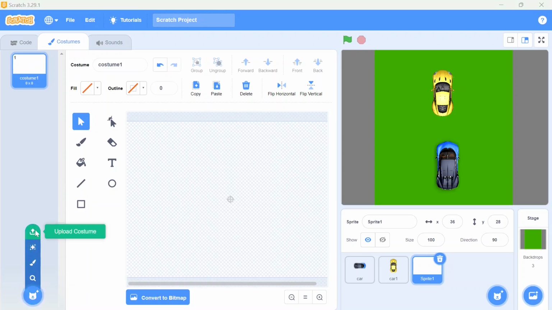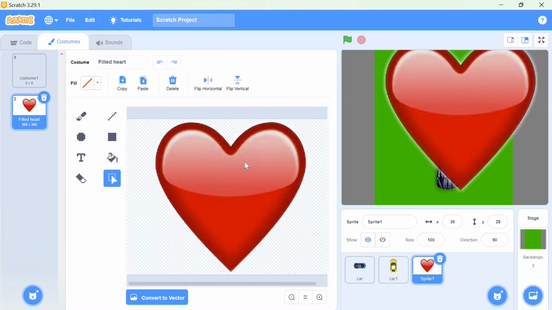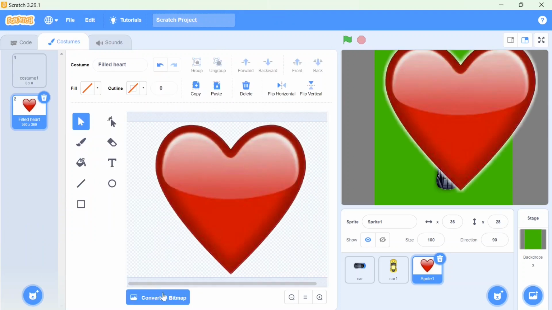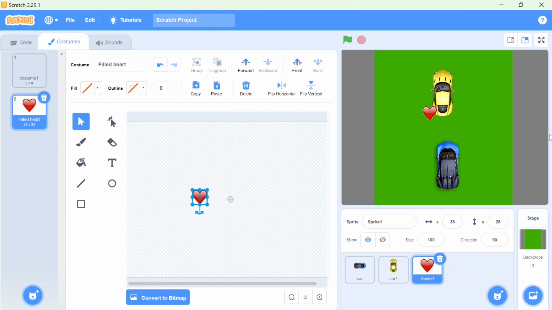Here I'm going to upload my costume and I will choose the red heart. It's importing. Yeah, there is my heart. Convert to bitmap and now select it. I'll decrease the size of this heart. It's fine. Now what I'm going to do, I'll copy and paste it. Yes, all my 3 hearts are here. Our heart is ready. And now you can paste it at whatever position you want. So you can use these hearts to show on your screen. I want it at this position on my screen, so I will paste it here. Doesn't it look beautiful? Yes.